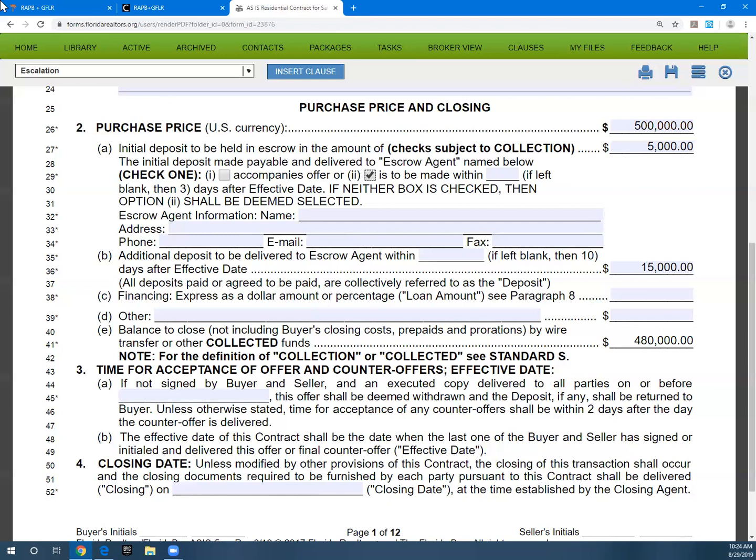So it does push that deadline to 5 p.m. the following business day. So in this case, we would select that second box here, that we're going to be making the deposit within 3 days after the effective date. And it is very important, regardless of who is selecting the title company, for you to include